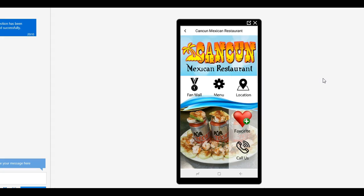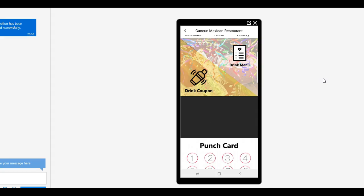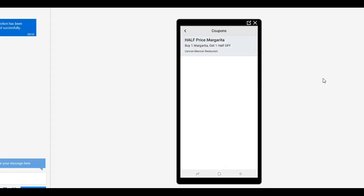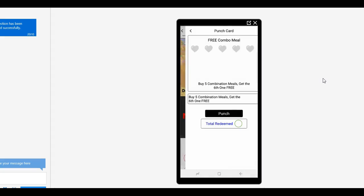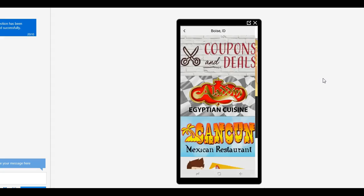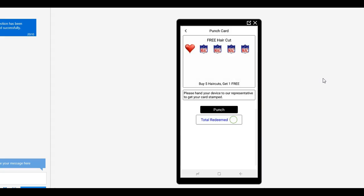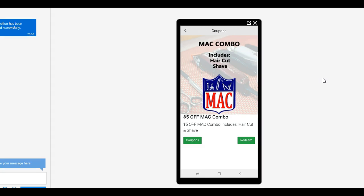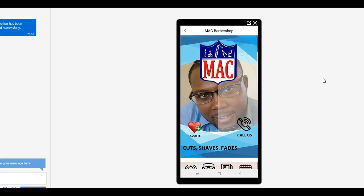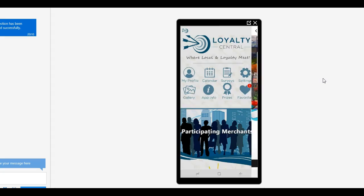But I know inside of Max we have a bunch of coupons. For instance, here's a drink coupon. Okay, so this coupon will be over there. More punch cards for Mac. And then down here, for Cancun. And then I know for Mac, he's got a punch card. And I know he has coupons right here. So all of these, when you click on this section with the coupons and deals, they'll all be in here for easy access. And then, of course, in addition to that, once you go ahead and favorite these businesses,